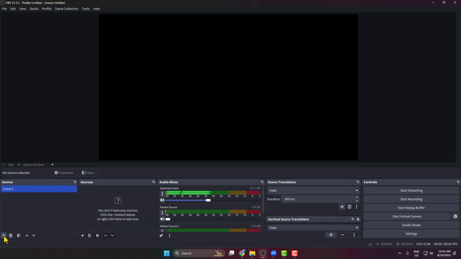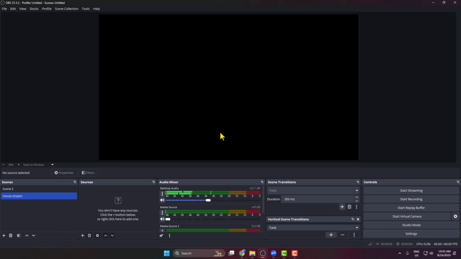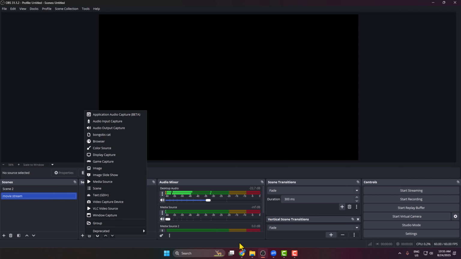Now let's create a new scene. I'm typing here movie stream, and then under the scene we have to add our source. So click on this plus icon to create a new source. And as you can see,